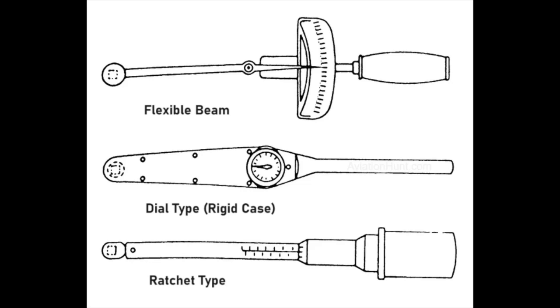Suppose you want to calculate the torque for a fan, which is a power consuming device. You will calculate the power required, the power given, and accordingly you will have one more flywheel or shaft which will also rotate at the same speed but in the reverse direction. That way we will calculate the torque required, and from the torque we will calculate the power. So dynamometers are used for the measurement of the torque.